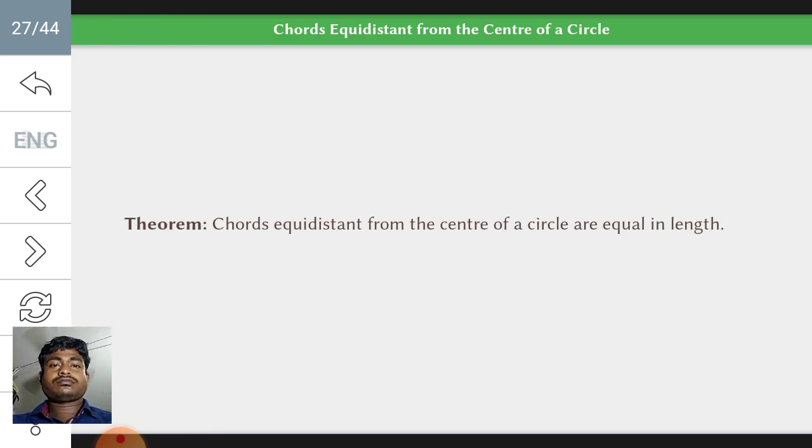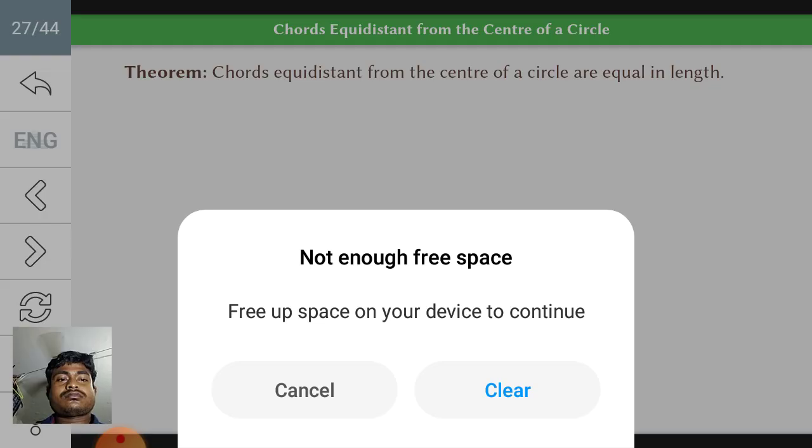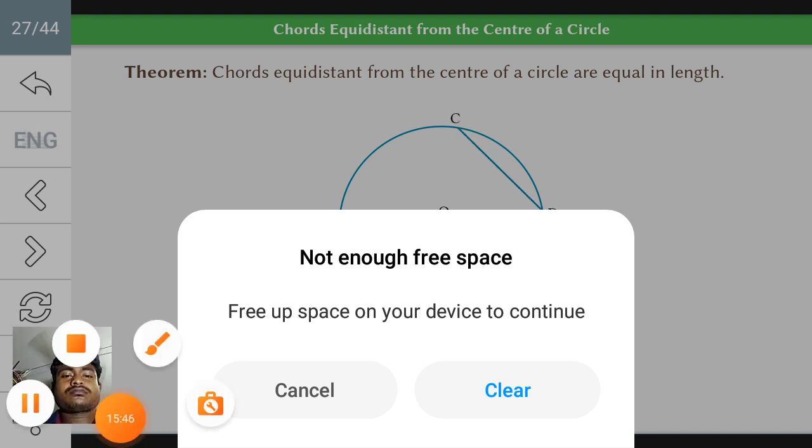Chords equidistant from the center of a circle are equal in length. Here, AB and CD are two chords of a circle with